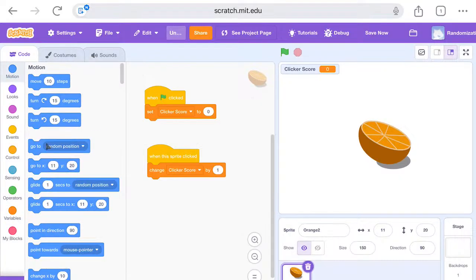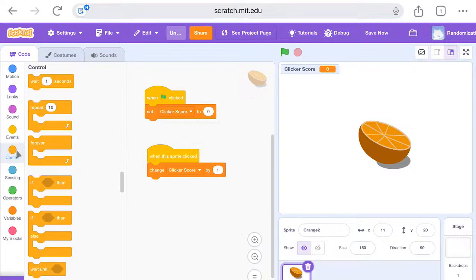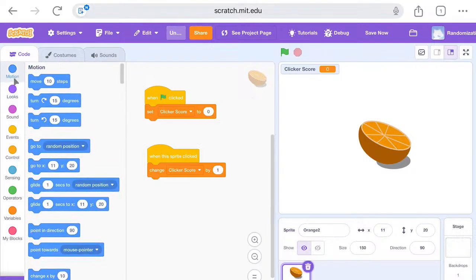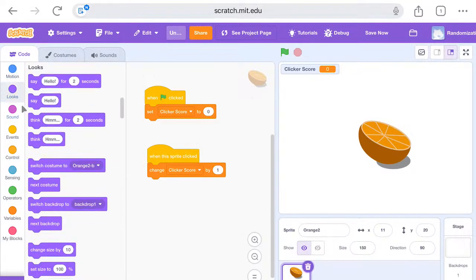But first things first, now we're going to do another. When this right click, change clicker score by 1. And looks, switch costume to orange 2B, and then when this, 1 second, but I don't know how you change it back, I forgot, and then,